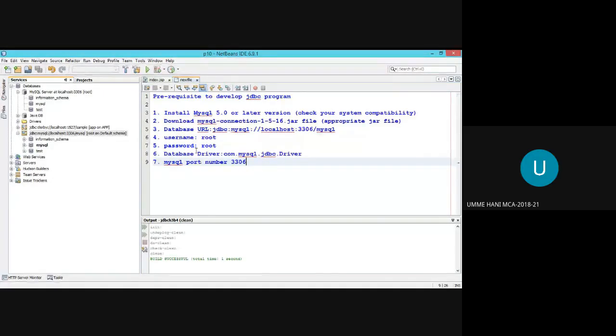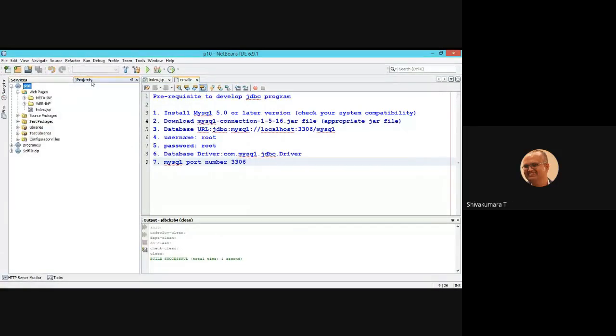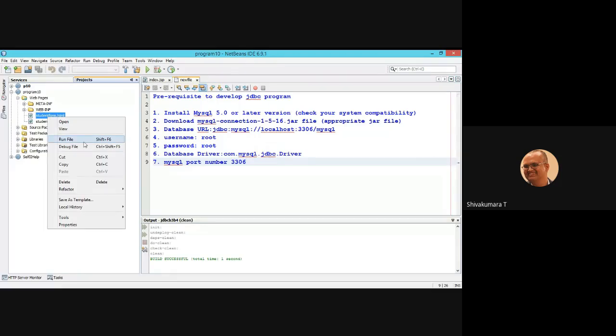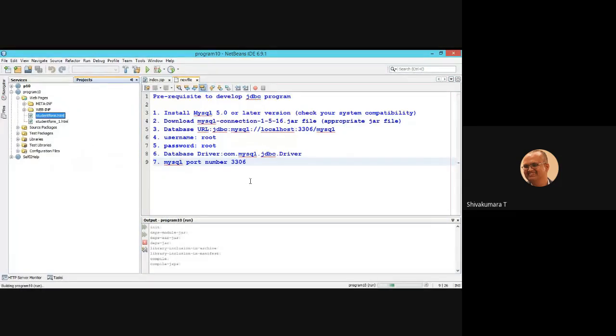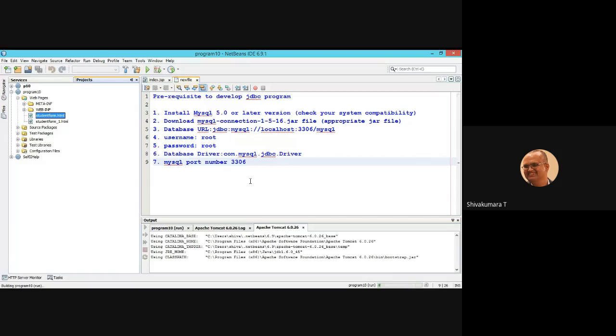Yes, sir. Fine. Now switch to the projects window. So already I have created the project. First I will show and execute that code. Similar to that program, we are going to develop parallelly. Okay. First, let us see the output of your application, the application which is going to give the outcome.